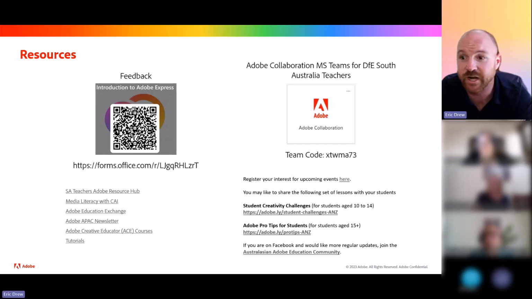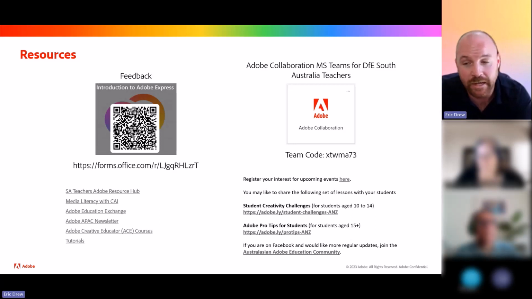On Adobe Express on the iPad, it's a web app, and also there is a mobile app, but the web app and the mobile